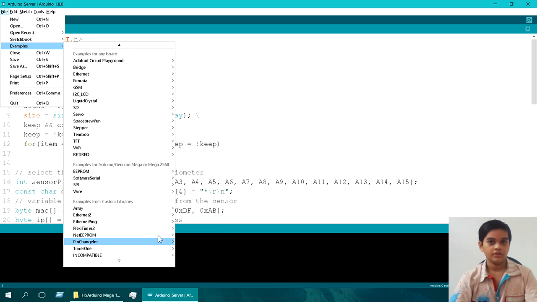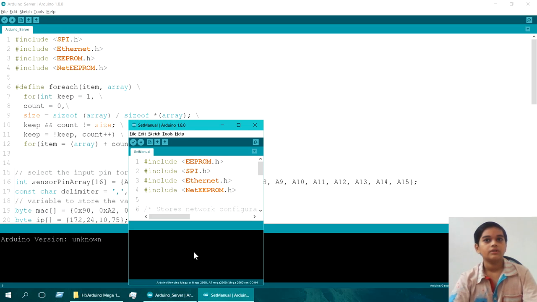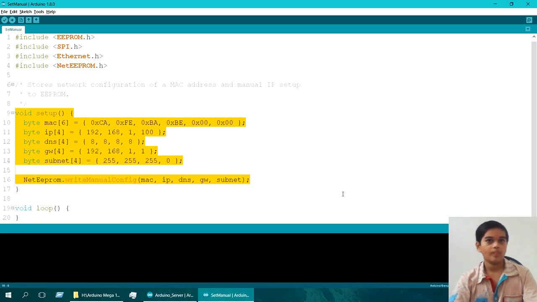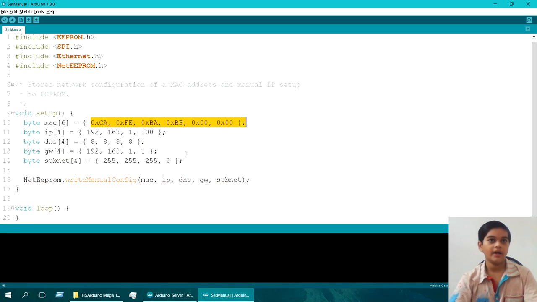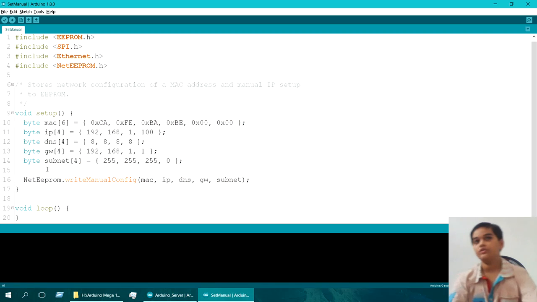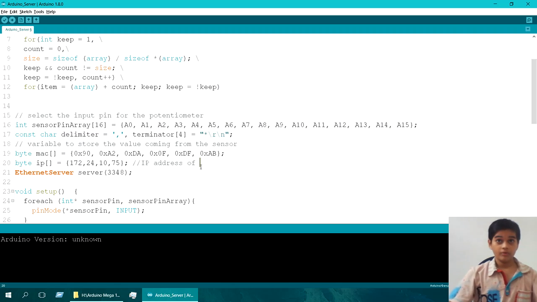Okay, here it is, set manual. So this is what it really does: MAC address, IP address, DNS server, gateway, and all of these. You just have to put this. So this actually writes the default, and you need to change all of these values whenever you need to change it. And by the way, this is the IP address of